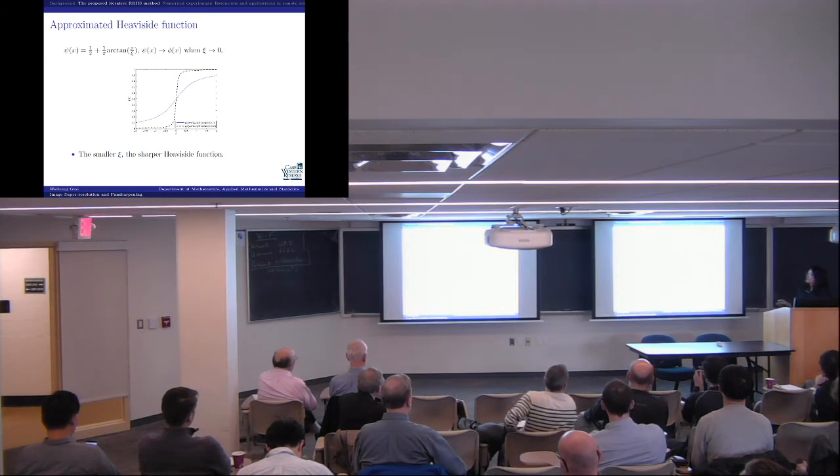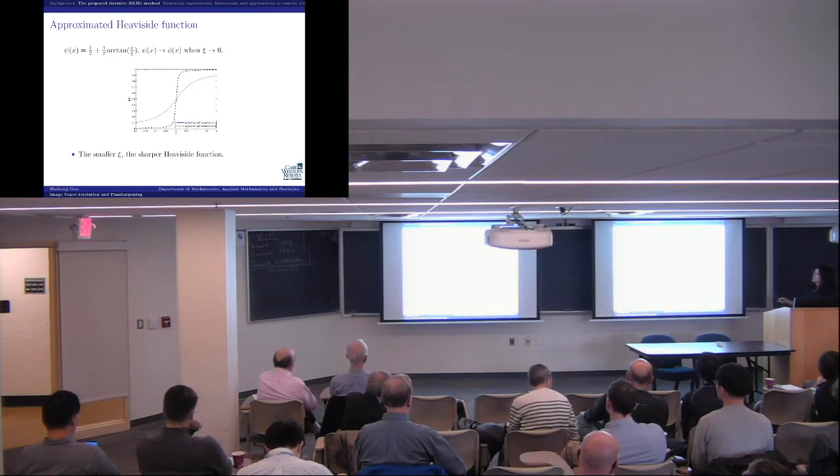Before we do that, we're going to smooth this Heaviside function a little bit, because the original Heaviside function is not even continuous. Computation-wise, it's not so convenient, so we want to smooth it a little bit. There are different kinds of smooth approximation in the literature. This is just one kind of them. Depending on how you choose your parameter, you're going to have different approximations.